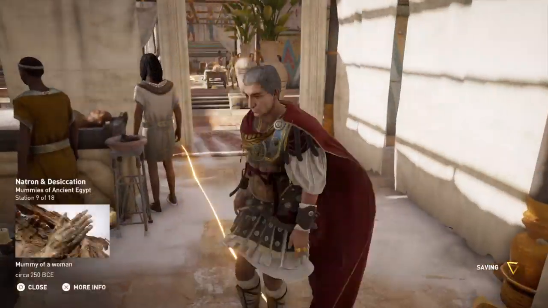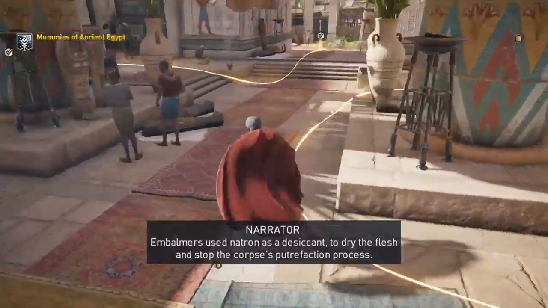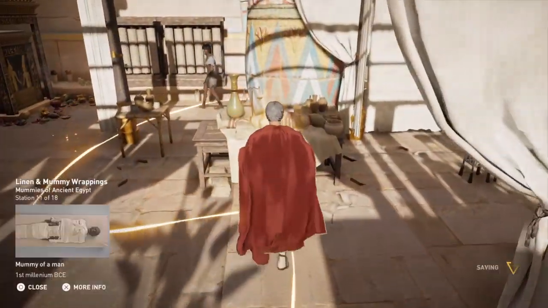Natron is a... Embalmers used natron as a desiccant to dry the flesh and stop the corpse's putrefaction. Once the body...